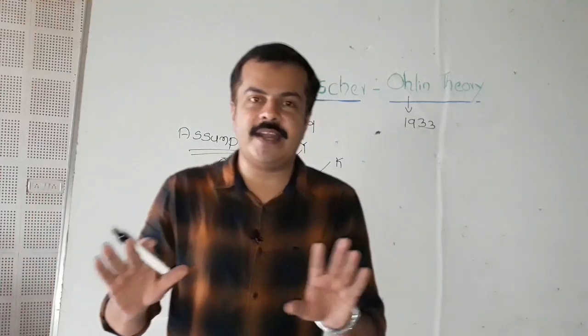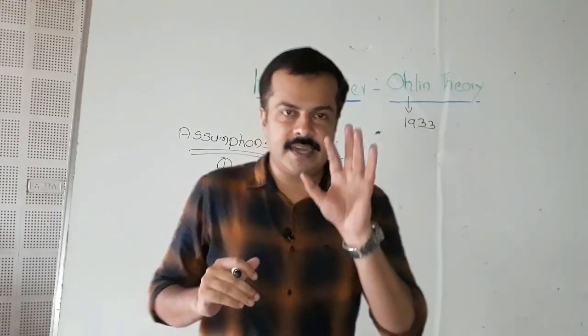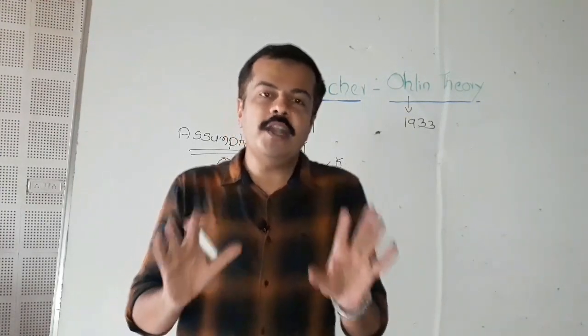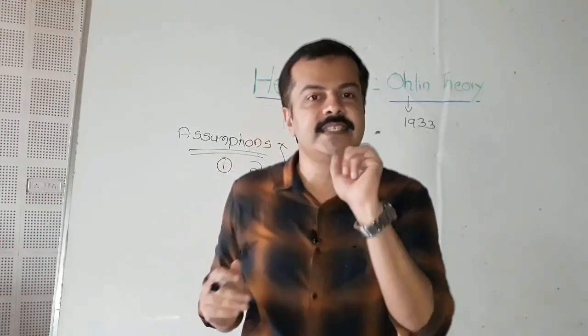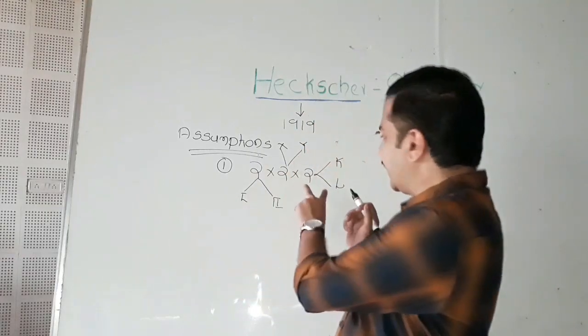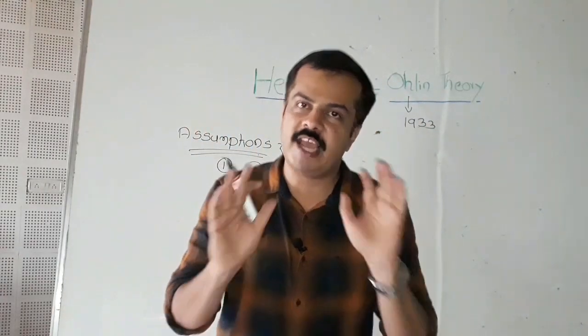There's a difference as far as the classical theory is concerned. The classical theory rests on the labor theory of value. We have seen that the only factor of production as far as the classical theory is concerned is labor. But here in the Heckscher-Ohlin model, we are examining the case of two factors of production, namely capital and labor.